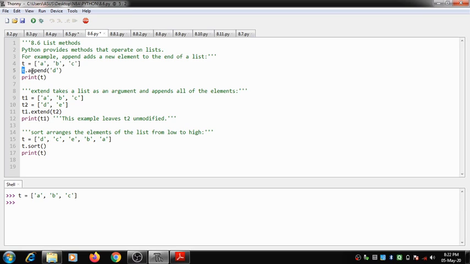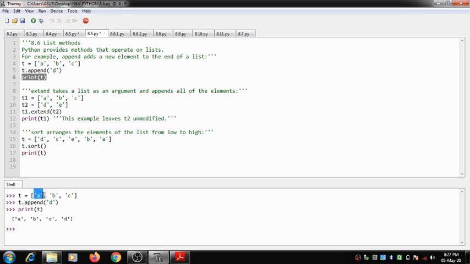T is a list, append is a method, and d is a new element that is going to be appended to the existing list t. I specify the element here, press enter, and the new element d has been appended to the existing elements present inside t. When I print it, you can see the new element added inside the list is d.